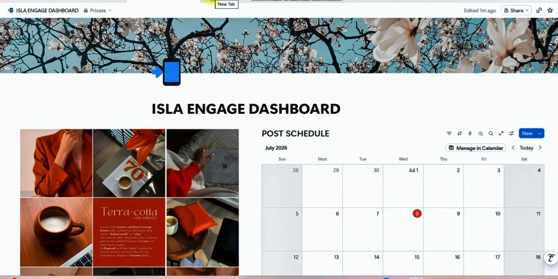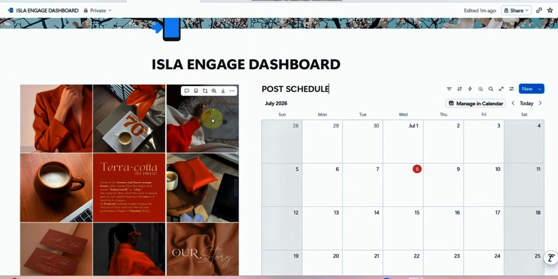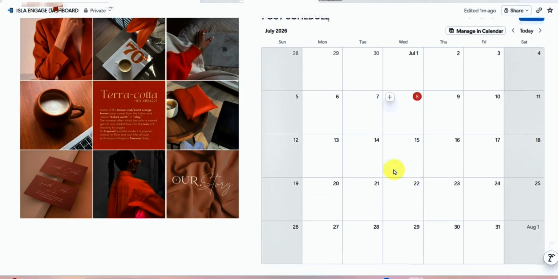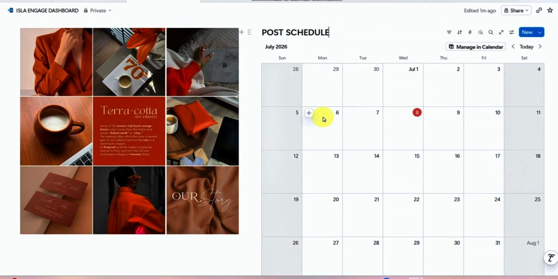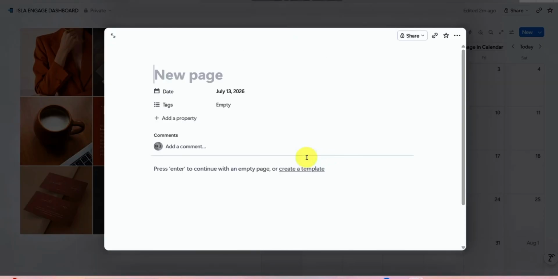All right, now I want us to move on to the next step. Now we have our feed view, we have our calendar view. So what I want us to do now is to actually get a post data where we will be doing a post and all that. So one thing you can do is just click, for example, plus sign here. Today is, yeah, let's use this date right here, and we can name this